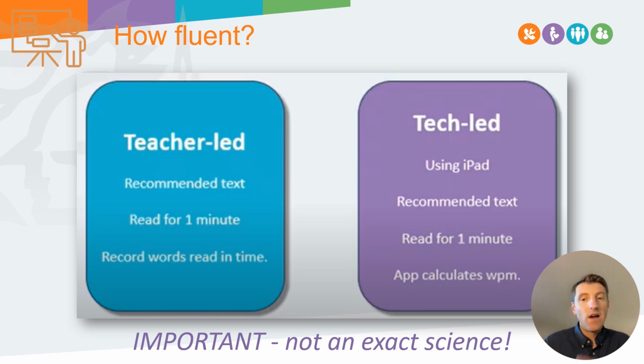Taking a piece of text, ask a student to read it for 1 minute, and you as the adult or a peer, there's no reason why it couldn't be a peer, you could even have some primary 7s, primary 6s doing this as a measure, as a support. Be a very interesting maths task as well, the data that you could get from that with some younger learners. The important thing is that it's for 1 minute. It's a text that is appropriate age and stage for them, and that the listener is just counting how many of those words they are able to read in the minute.